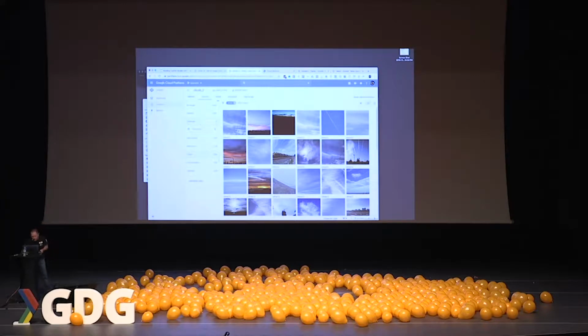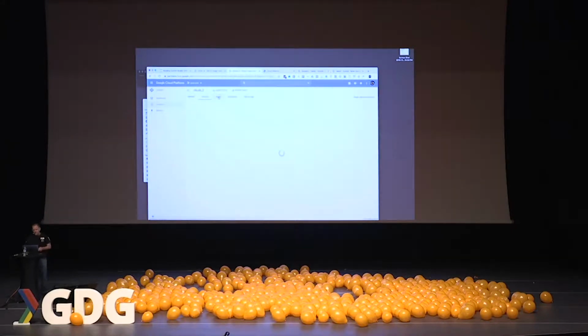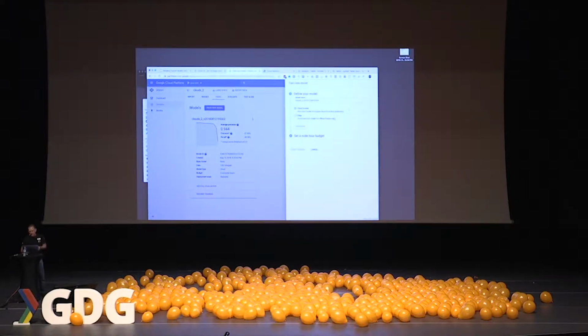So once you have all the data, then you come to train. And we already have a model. It takes at least an hour to train, so I can't do that live, but let's show you what it looks like. So I'm going to click one button here to train a new model. I'm going to pick whether I want to do that for a cloud-hosted model or for an edge device.